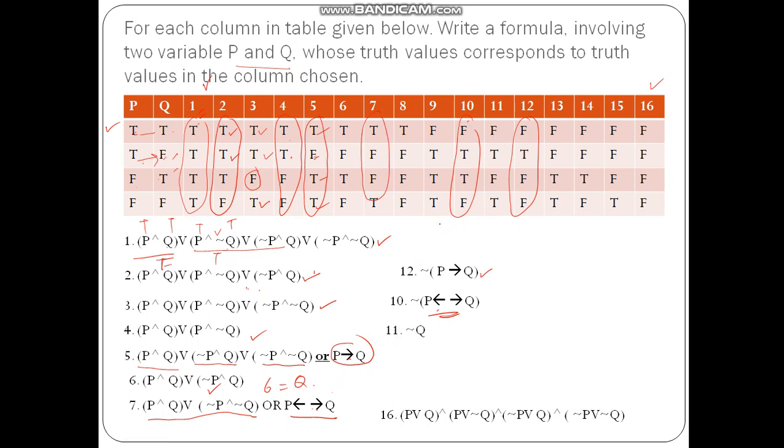So in this way we can go on constructing the truth table for all the formulas. I have left some of them. You can calculate them as per your requirement. I have calculated here another one, that is the 16th one, and here I have used a different formula. So it is a conjunction of disjunctions. So P or Q: P is true, Q is true, so P or Q will be true, but P or not Q will also be true. Not P or Q will be true, and this is false. So false and anything will be false. So always the output will be false here.